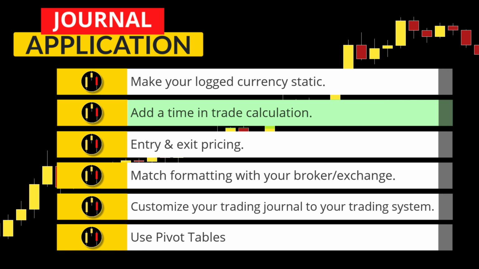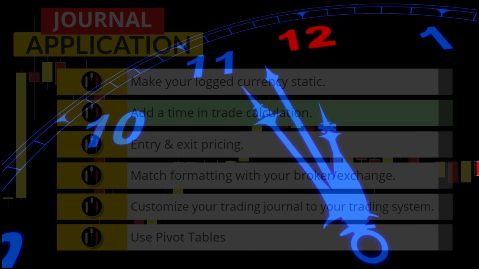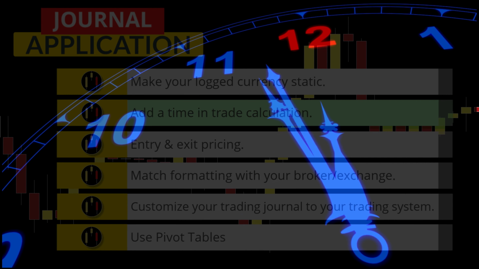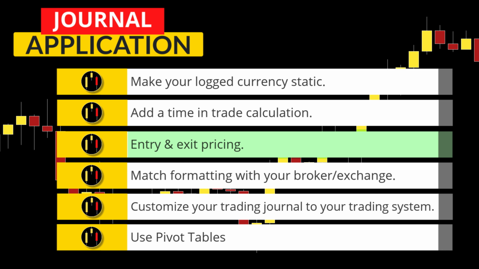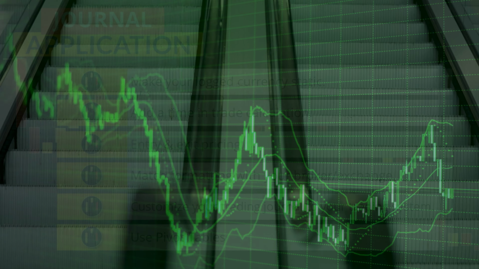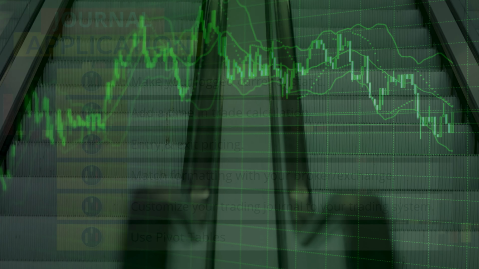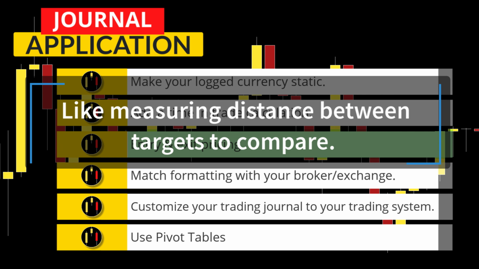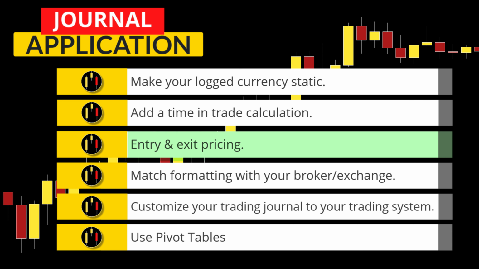Second, it is a good idea to track your time in trade. That way you can get a feel for how long on average you are in any particular position, and you can notice which instruments may get you in and out quicker. Next, adding entry and exit prices to your journal can be beneficial if you want to cross-reference that data with another metric like time in trade or broker spreads, or maybe correlate it to your net profits. I personally track my entry and exit prices, but only for applying it to other aspects of my trading analysis.